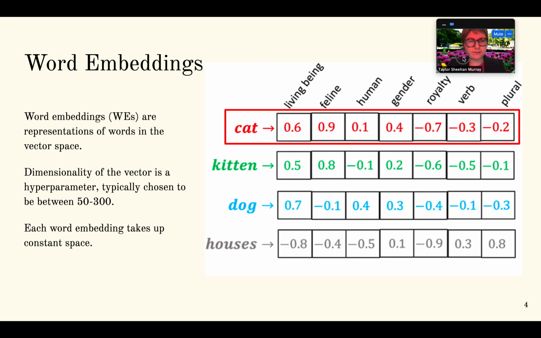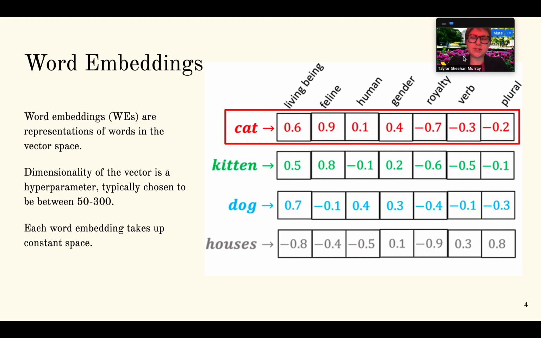Word embeddings, a quick refresher, are just representations of words in the vector space. So, for example, you'll have an X number of elements in your array, and each of those elements corresponds to a certain property. Say, for example, you have cat here. Cats are felines, so the second property, we're going to have that as a 0.9. The values range from -1 to 1 on how much they correlate. So -1 would be not correlated at all, 1 would be very much correlated. So 0.9, pretty correlated to being feline. On the other hand, something like royalty, cats are not mostly associated with royalty, so we got -0.7 there.